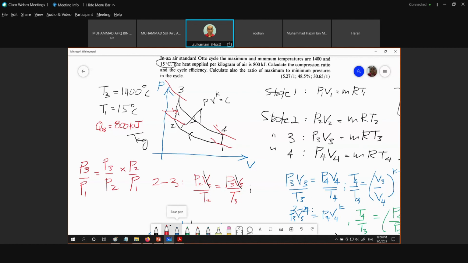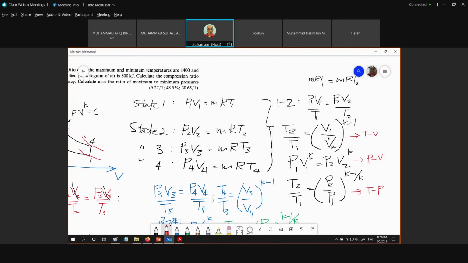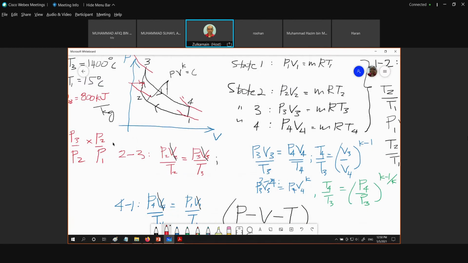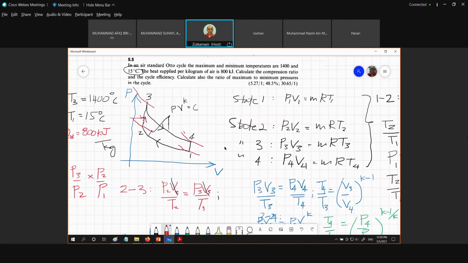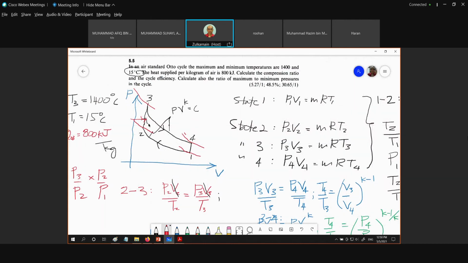Okay? You see the P2 cancels off, and you get again P3 over P1. Then we could get P2 over P1 by using this formula. And as for P3 over P2, if you look right here,